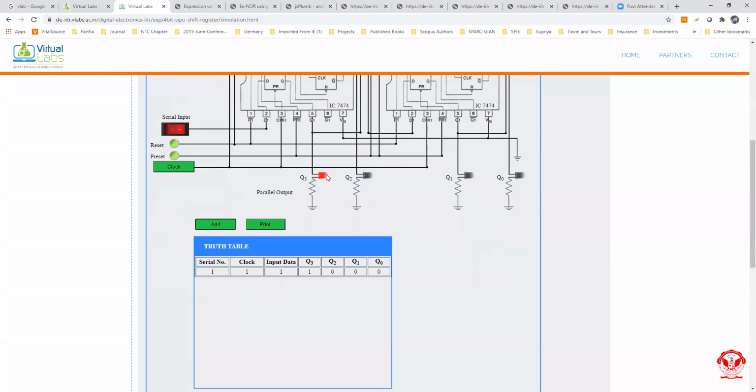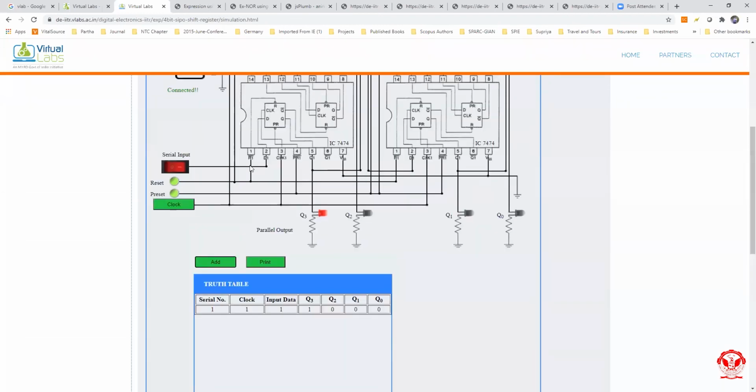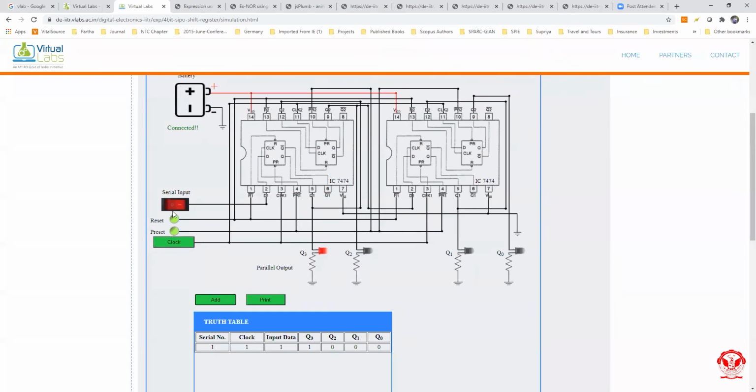Since it is 1, the LED Q3 lights up, and the rest are 0.